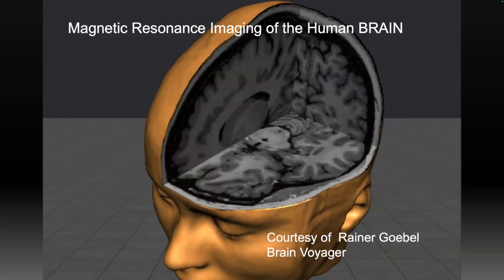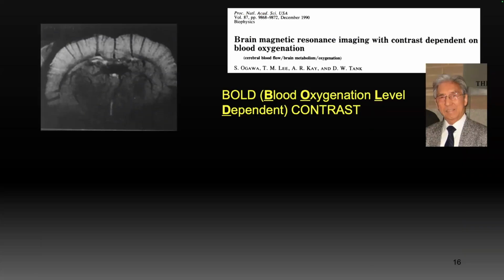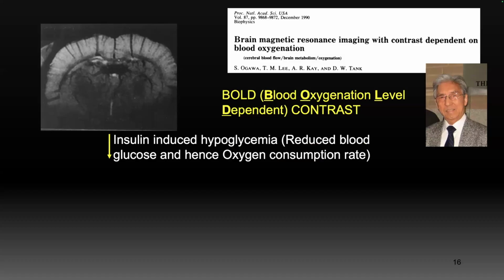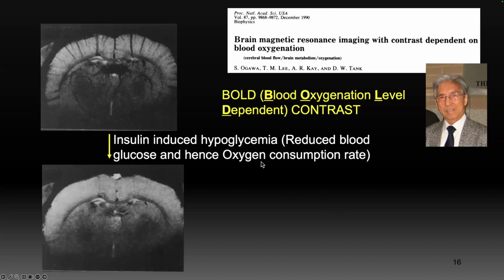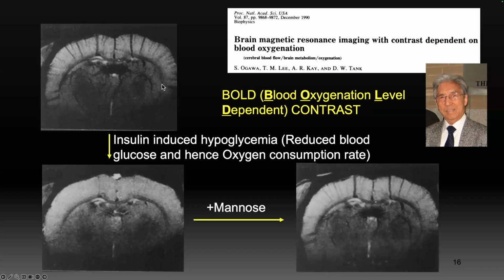But as you know, my major interest is to go beyond anatomical imaging, namely functional imaging. And that development essentially started with the discovery of the Bold effect, and that was by Seiji Ogawa at Bell Laboratories. I used to work in Bell Labs and also with Seiji, so I was very much aware of these works. And what he showed is that when you have a rat brain, and if you induce, for example,